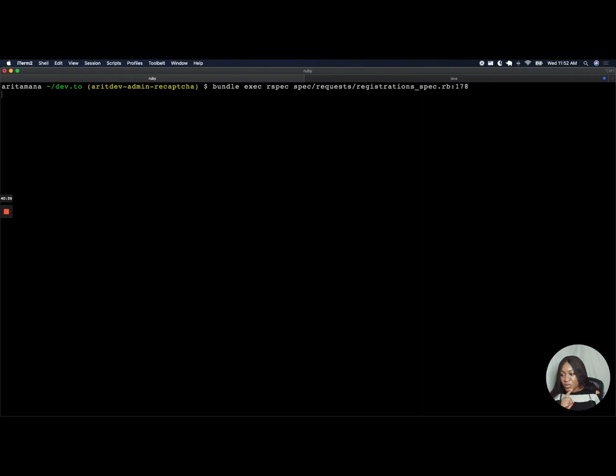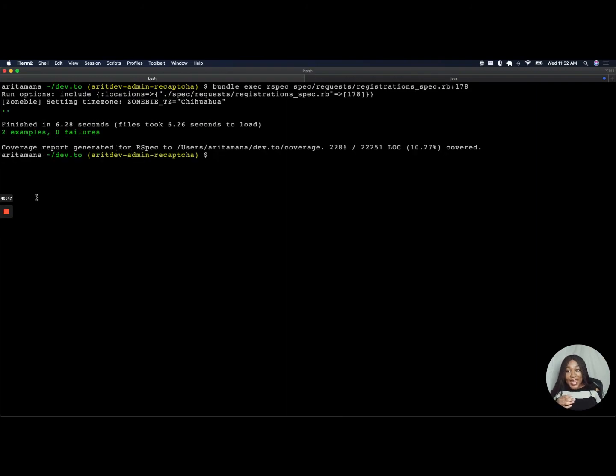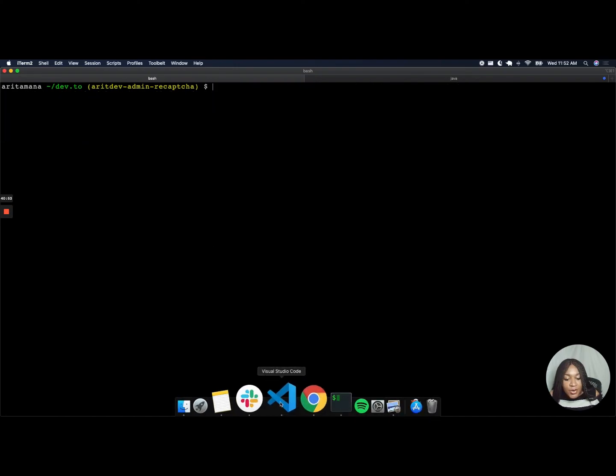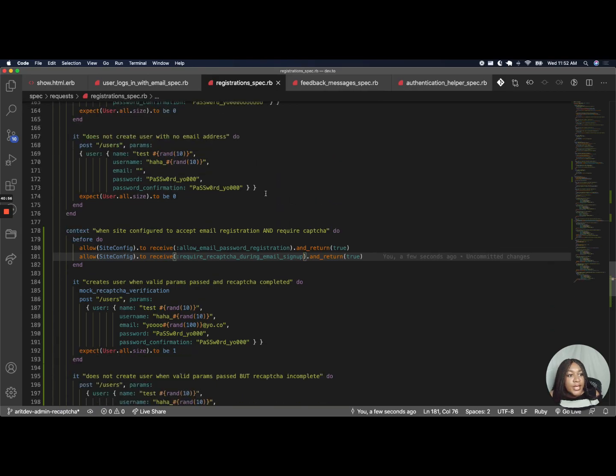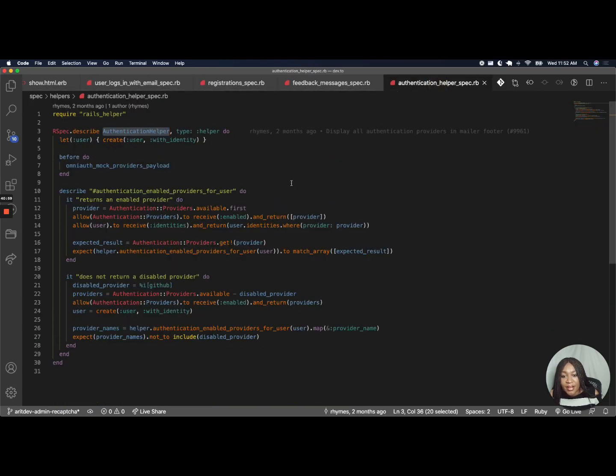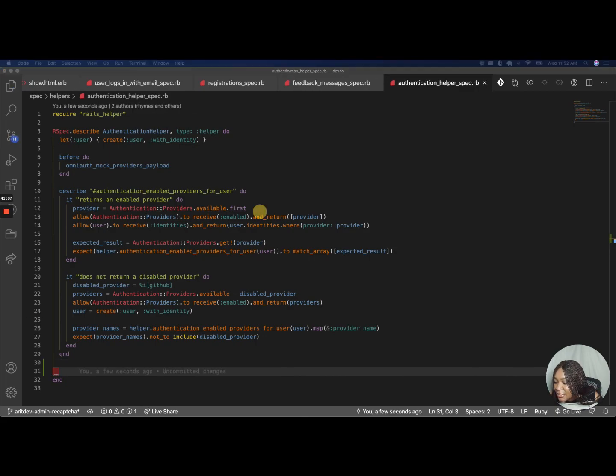And after this, we have just one more spec to write, and that is the spec to test our new helper method that we created, right? And we have passing tests. Wonderful. All right, so let's go back into the code, and let's go into our authentication helper spec, right? And if you remember that helper that we wrote, we need to write a spec for it. And just to save time, I have the spec right here,